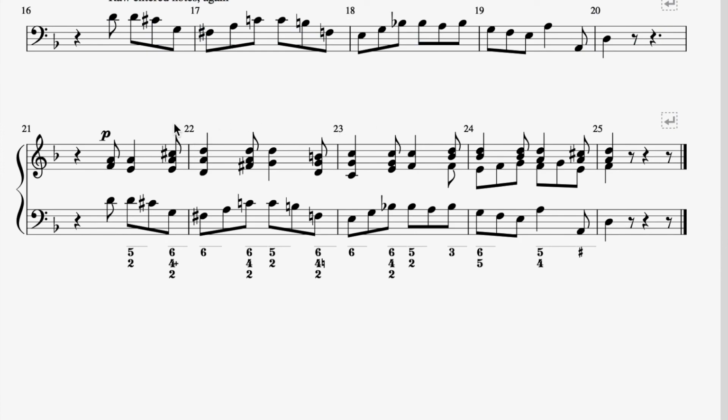And one more thing. Continuo does not mean cello. It really means a cello or bass guitar or whatever have you, and a keyboard instrument or a lute that can play the right hands. It's so-called the realization. So if we add a pan flute realization to this continuo part, it sounds like this.